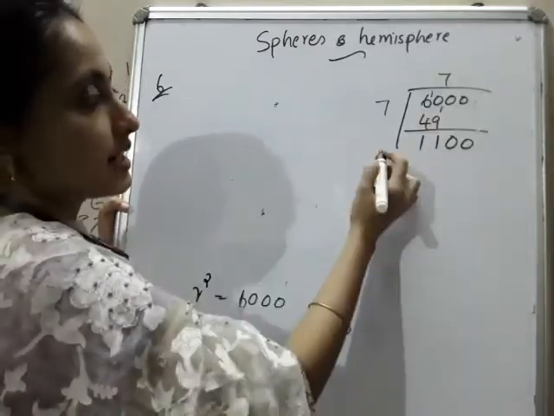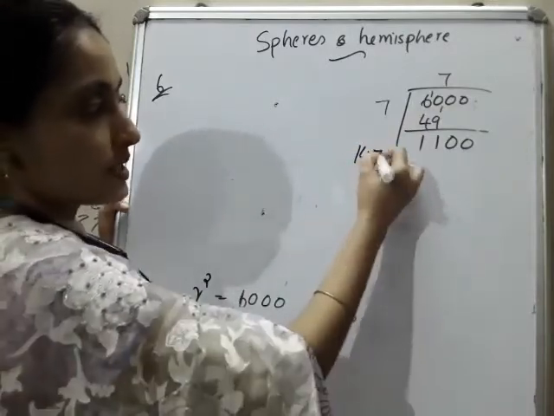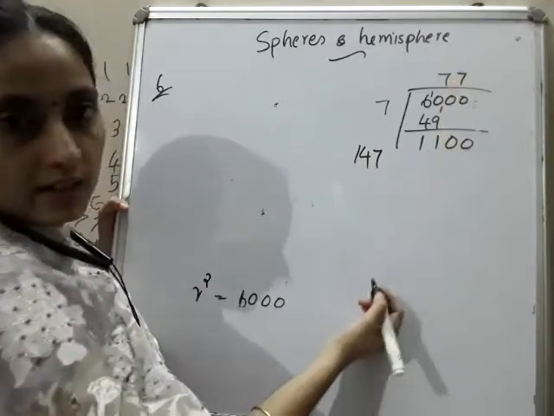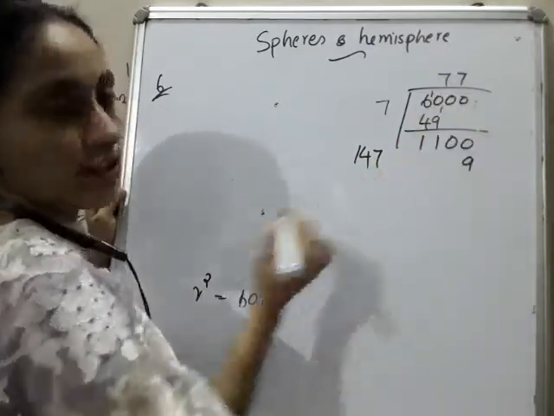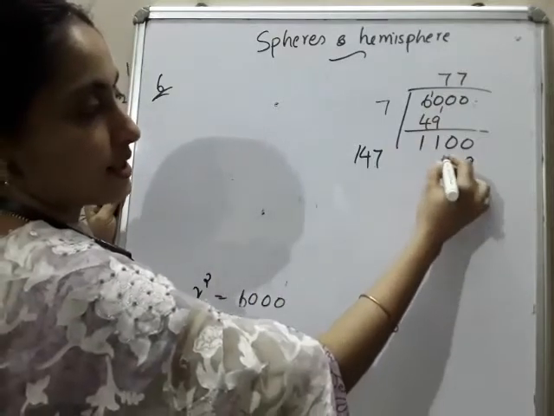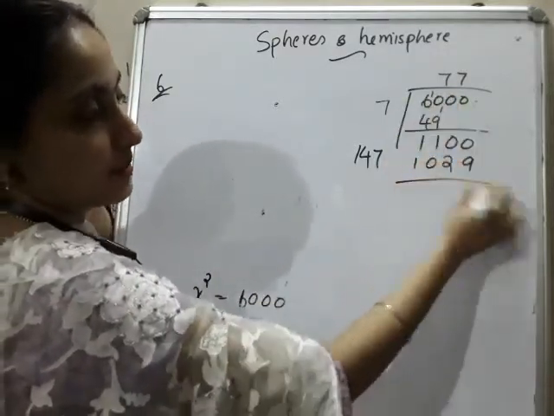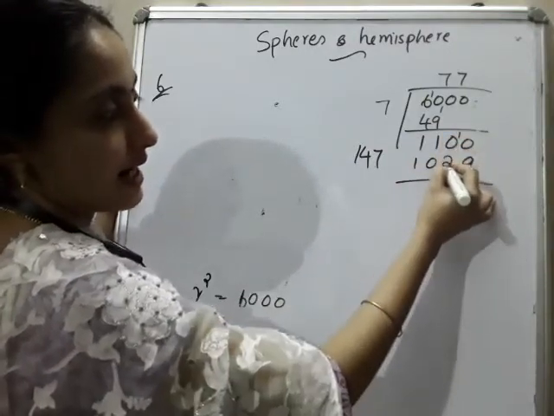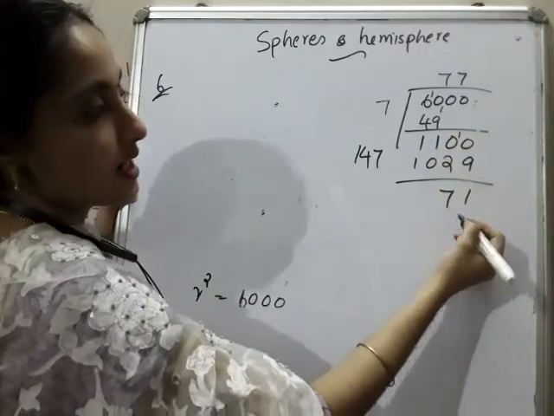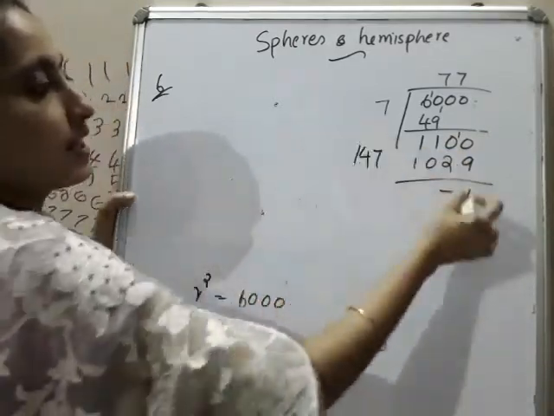Okay. 7, double of 7 is what? 14. So which number will come? Almost 7 will come, so here also 7 will come. 7 into 7 is 49, 9 remainder 4. 7 into 4 is 28, 28 plus 4 is 32, 2 remainder 3. 7 plus 3 is 10. Then 10, 1 times. Then here 9, 9 minus 2 is 7. Then here nothing will be there. 71. Then that will not be moved.